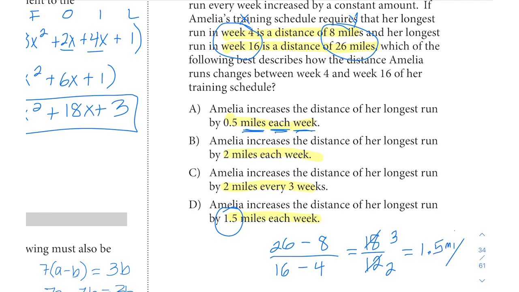And 3 over 2, which they show as a decimal, is equal to 1.5. That's 1.5 miles per week, or miles each week of improvement. So this is her rate of change. She's increasing her distance 1.5 miles each week, and that